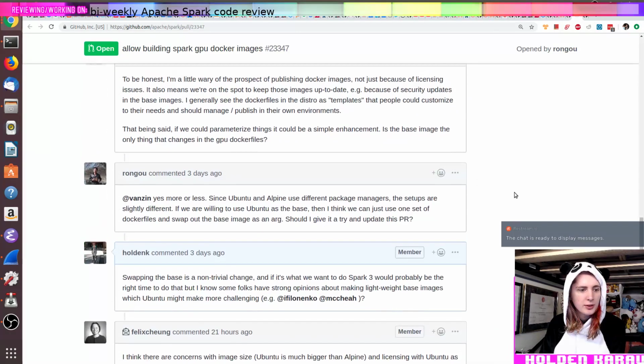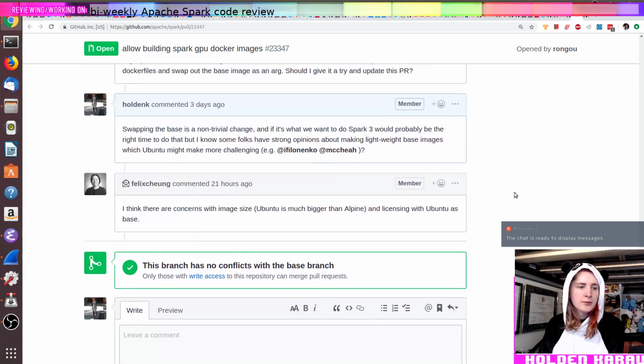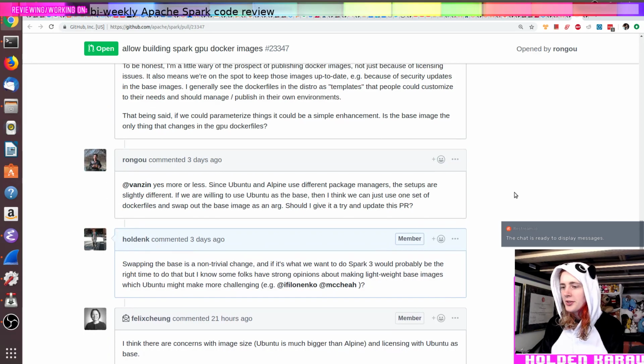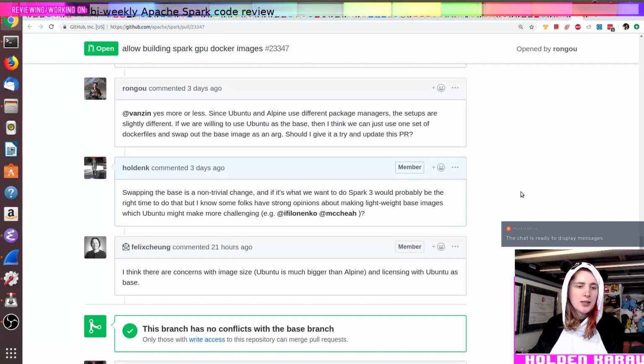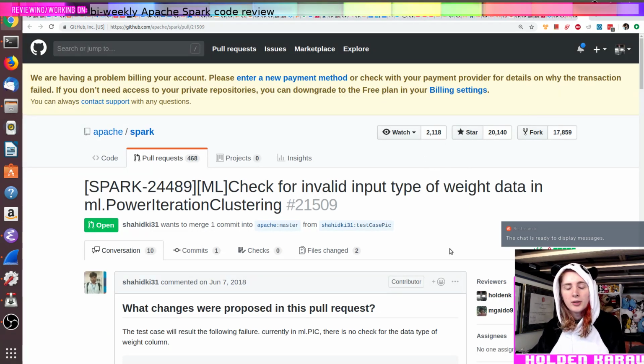Where's this one left off at? Okay, yeah. This one is just discussions. They're not discussions that I'm super comfortable jumping into the middle of. Right. I know that people have feelings about Ubuntu versus Alpine for the base, and so I think that's more of a thing where I'll let the people who have informed opinions about Alpine versus Ubuntu for the base have their conversations.